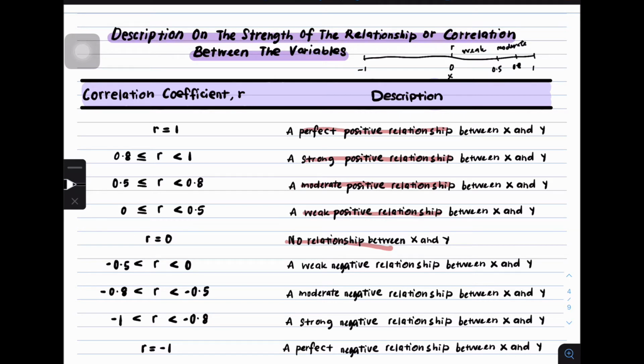Okay, if the value of R is between 0.8 and 1, we have a strong relationship. And if the value of R is equal to 1, we have a perfect positive relationship. Otherwise, if the value of R is less than 0, between negative 0.5 and 0, here you have a weak negative